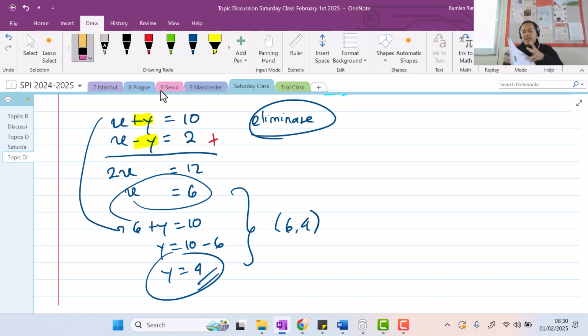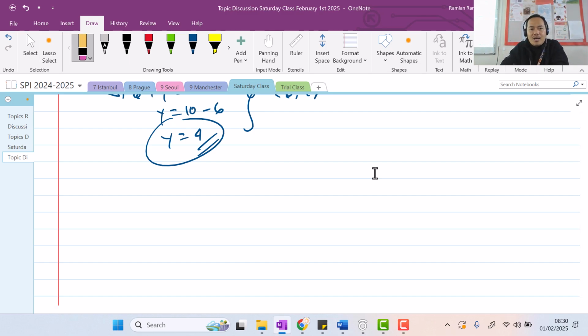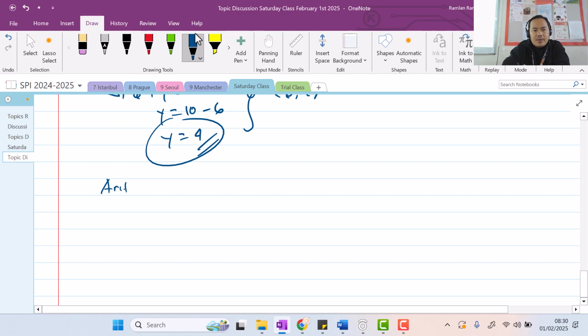The next one is going to be about what is it? Oh yeah, sequence. Okay, so you can memorize the formula if you want, but if you don't want to, it's fine. You can just use your own logic. Now, we have two types of sequence for this grade 9, the first one is what we call the arithmetic, and the second one is geometric. I'm going to write down the formula first.